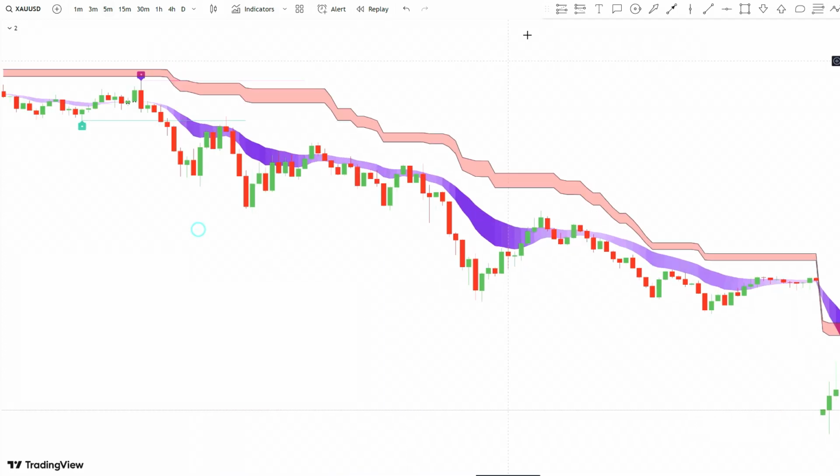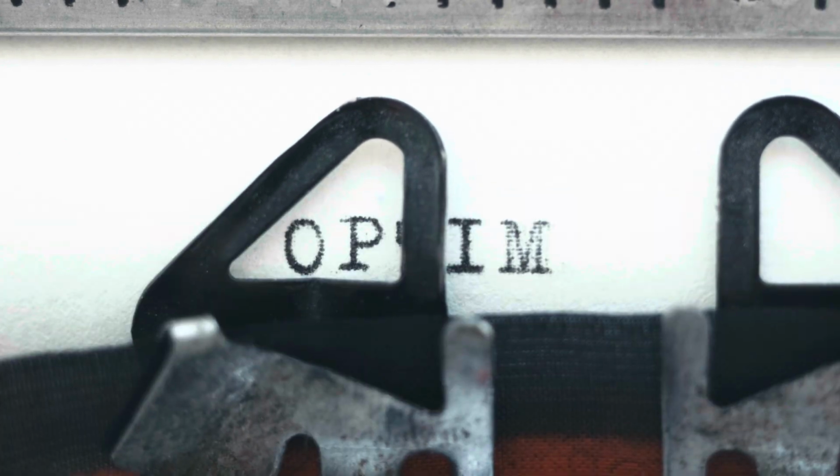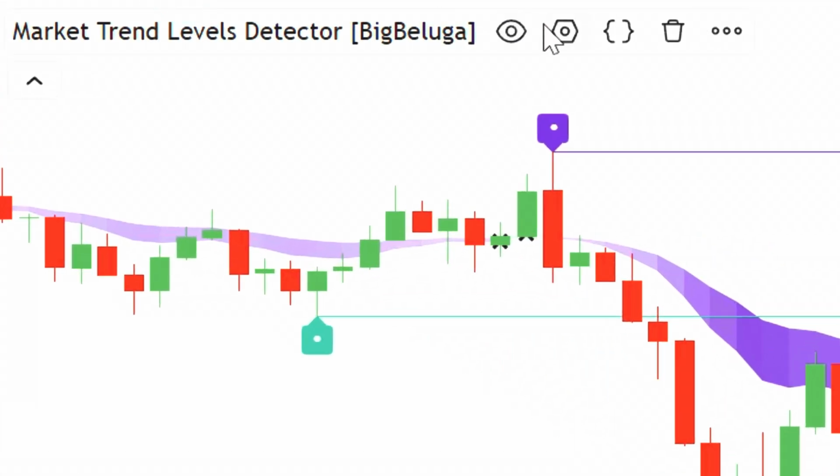You'll see it pops up looking like maybe a ribbon or some levels across your chart. Yep, that's the one, the market trend levels detector. Now, for this indicator to work perfectly with our strategy, we need to adjust its settings a bit to maximize accuracy. So find the gear icon next to its name on the chart, click it to open the settings